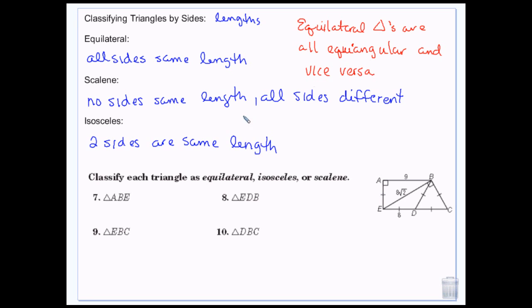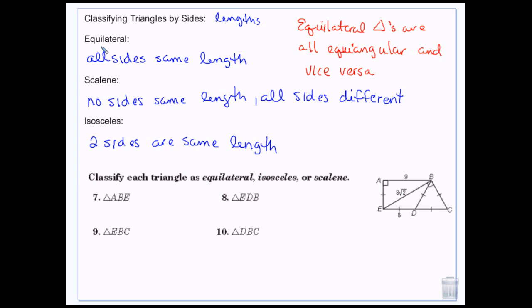And aside from the equilateral, you can mix up the other characteristics. And so you can talk about sides and angles together. For example, you could have a right isosceles triangle. So that would be a triangle with a right angle and two sides the same length. Or you could have an acute isosceles or an obtuse isosceles, or a right or an obtuse or an acute